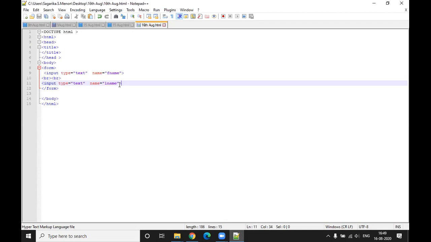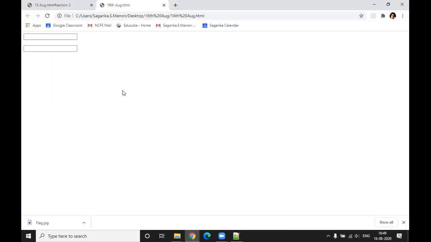Right. Now, the problem with these boxes is we do not know what these boxes are supposed to do. There is no label with that particular box. Can you go back to your web page? Yes, sir. We don't know what this web box is for, right? So we have to add a label over here for that.